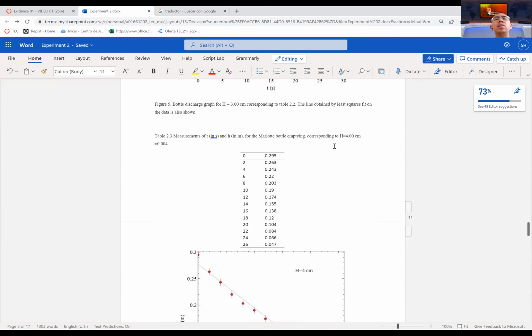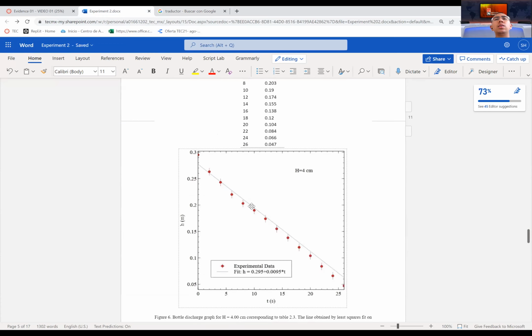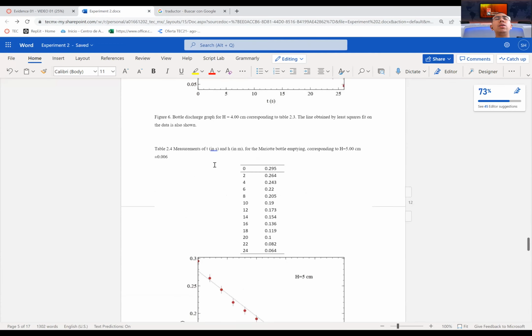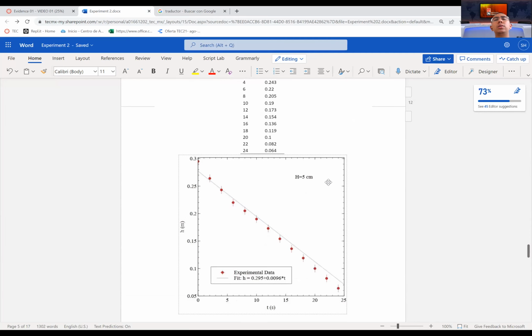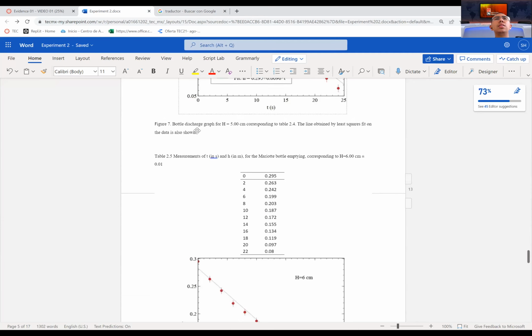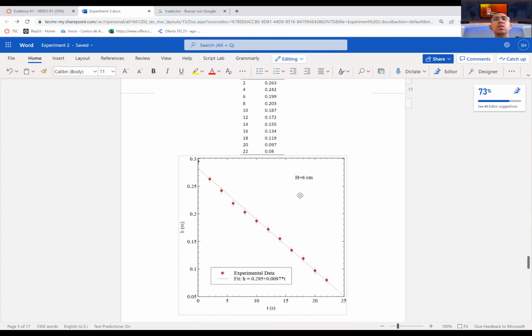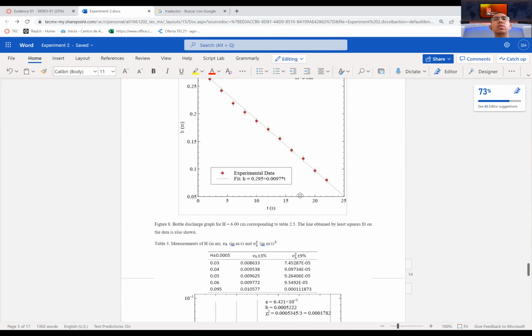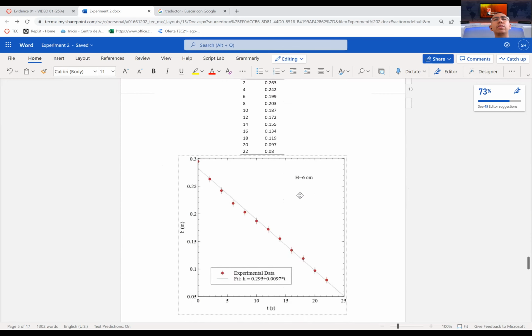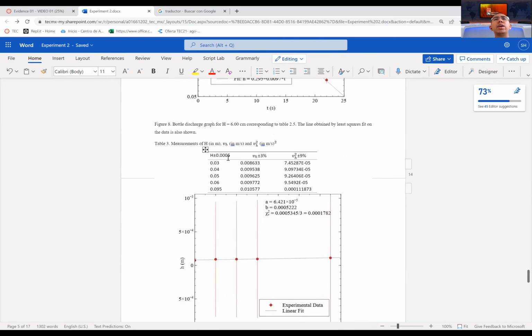Then the table 2.3, where H is equal to 4, and its table. Right here we have our table 2.4 with H equal to 5, and its table. Lastly we have our table 2.5 where H is equal to 6, and its graph. Right here we have our measurements of H